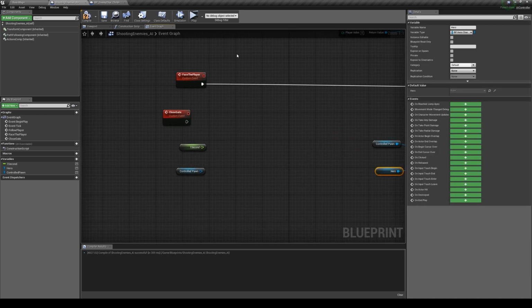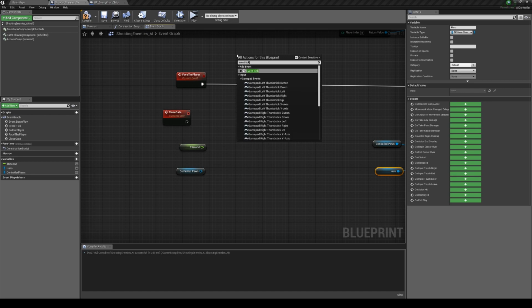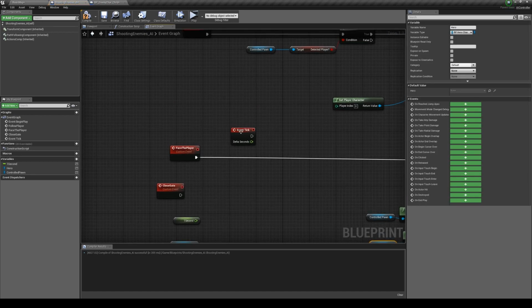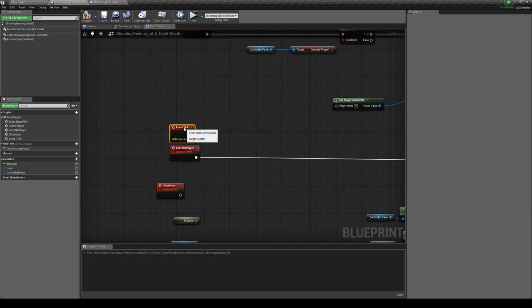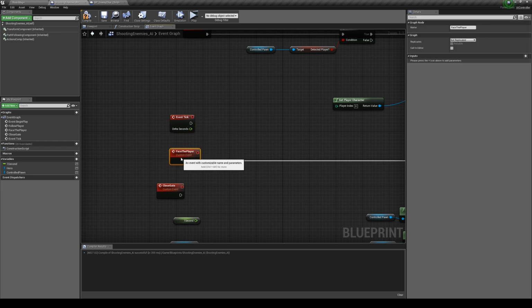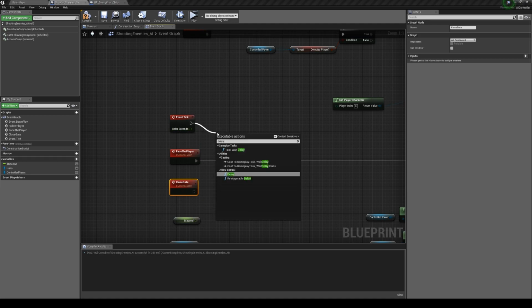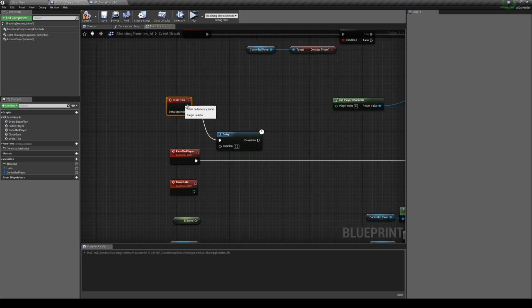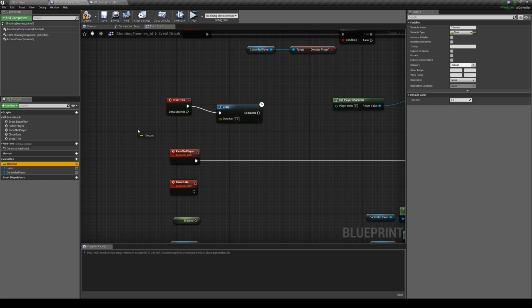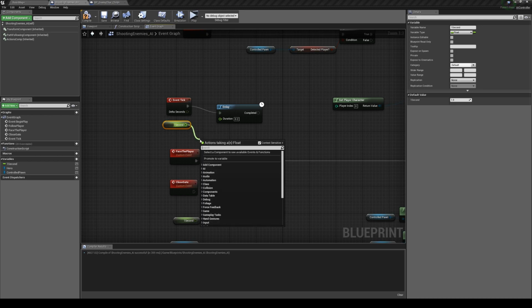So we're also going to want an event tick. Event tick just fires every frame of the game. It's an event called every frame, so it's just continually trying to do something. Every single time a new image is drawn on screen, it tries to do this. We're going to do a delay on that, and we're going to get our 1 second, and we're going to divide it